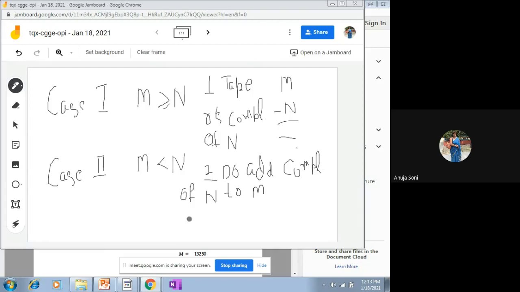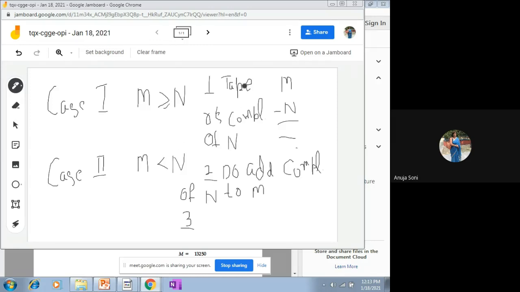So the third step is, now specifically these two steps are common in both cases. Till this point we have to go through these every time whenever we are going to talk about the subtraction of two numbers. Always you have to follow these two steps. Afterwards, case 1: whenever the magnitude of the positive value is greater than that of the negative value, in that case what will happen?